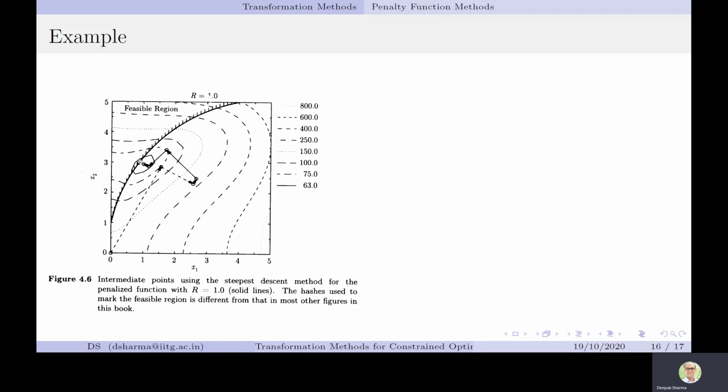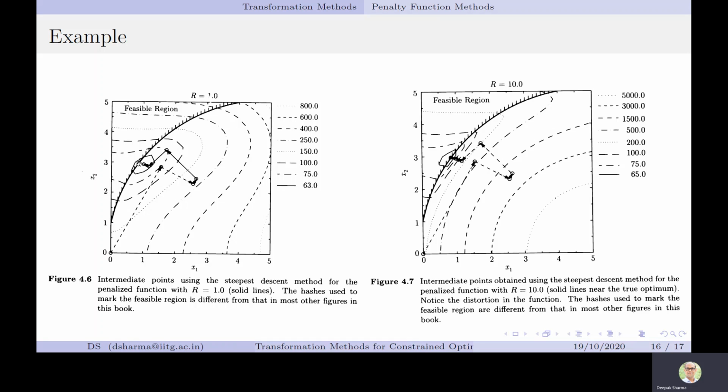In sequence number 2, you can see that we started from the previous best point, and when we moved, we are already quite close to the optimum. Now let us increase the value of r to 10. On the right hand side, you can see that we started from the previous best point, and we are already very close to the optimum solution. So therefore,